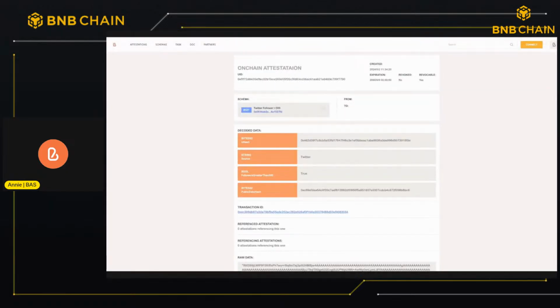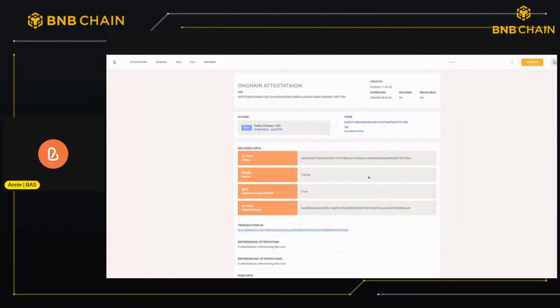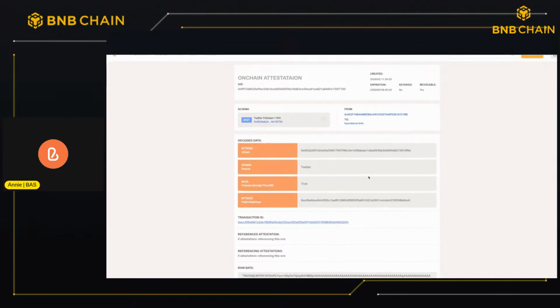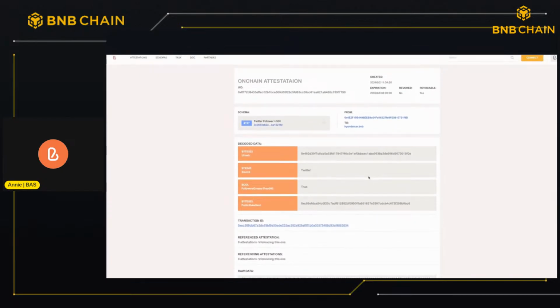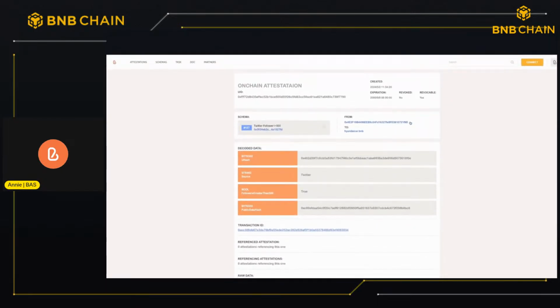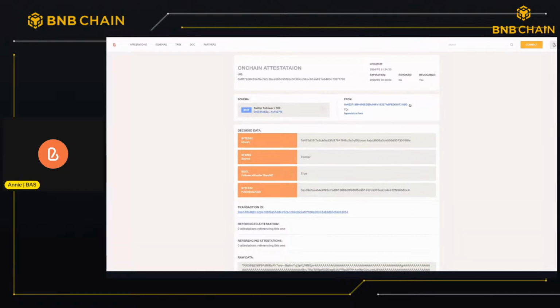The next concept is attestation. An attestation is data with proof that can be used to verify the validity defined in the schema. Attestations provide a standard for users to import any data into Web3. Within BAS, attestations can be created on-chain and off-chain. Users can store the off-chain attestations in Greenfield to provide access control for the attestations. It includes some data structures, including an instance of a single schema, as well as information about who issued the attestation and to whom it was issued.